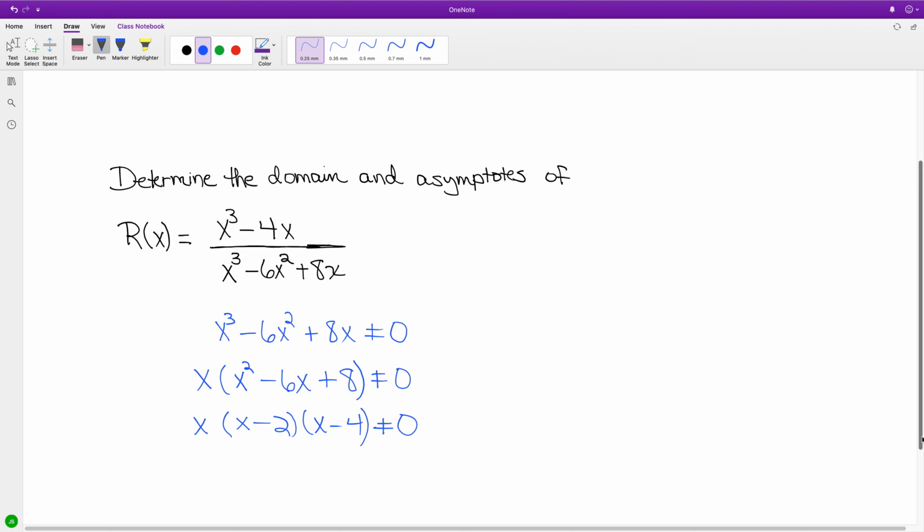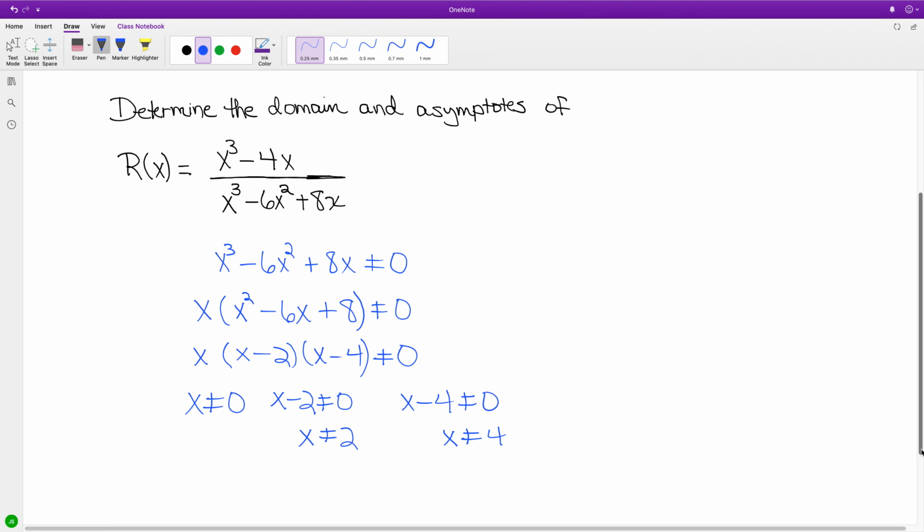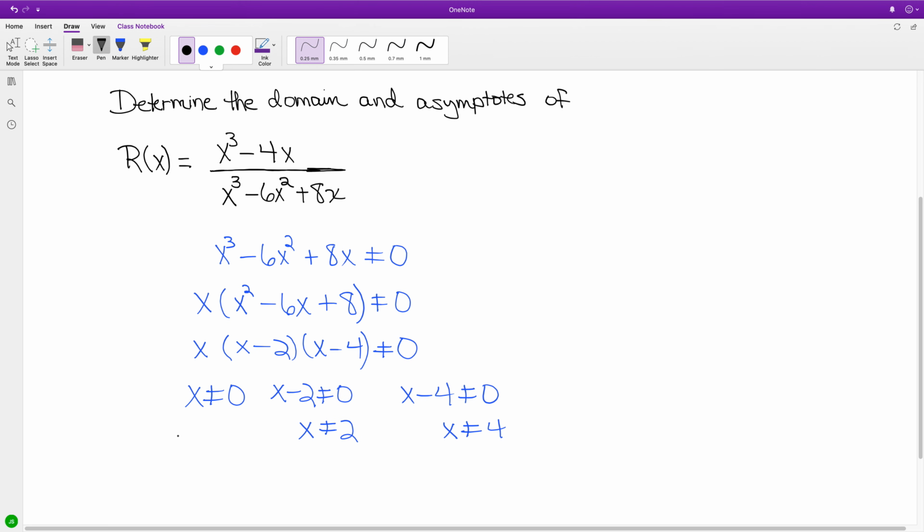And in this particular case, with our factors, we have that x cannot be 0. x minus 2 cannot be equal to 0, so x cannot be positive 2. And x minus 4 also cannot be 0, so x cannot be equal to 4. So we have the domain, and we are displaying it